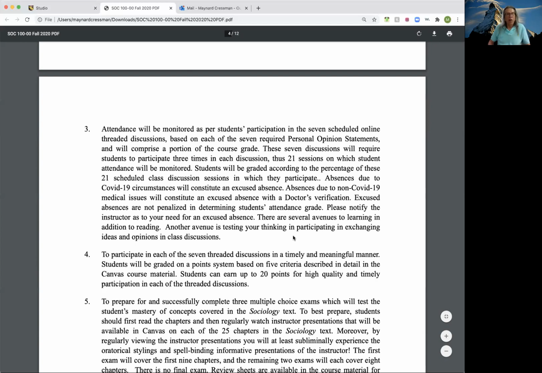You don't have to tell me what it is. That's your business. Just let me know you need an excused absence for whatever reasons for COVID-19 circumstance. Just let me know what's going on, because otherwise I just assume, hey, you blew it off. Now, we're on the honor system here. And so I will trust anybody until I find they're not trustworthy. So, we're on the trust system. I totally trust you. If you tell me you need an excused absence for some COVID-19 circumstance, that's cool. I trust you, you will get your excused absence. You will still have to make up the work, but you will get an excused absence.